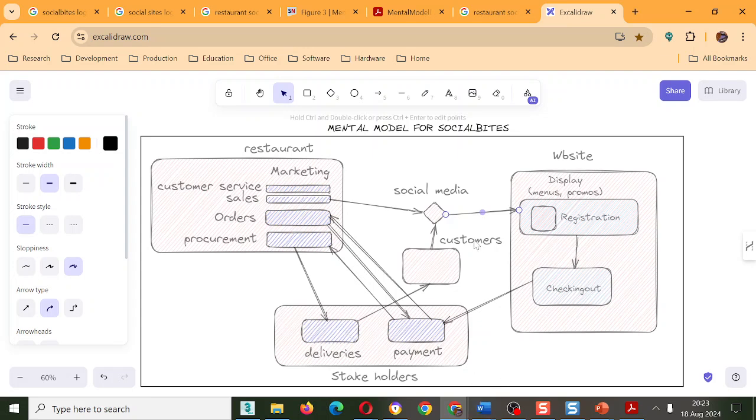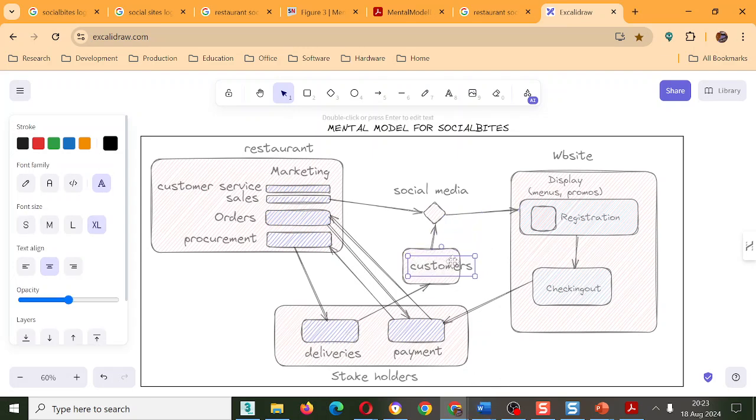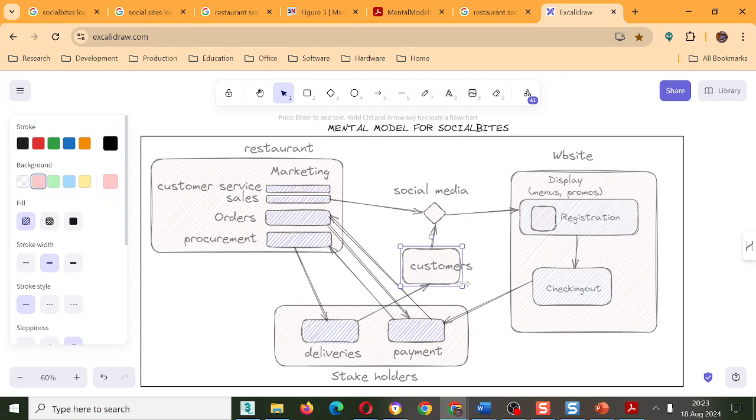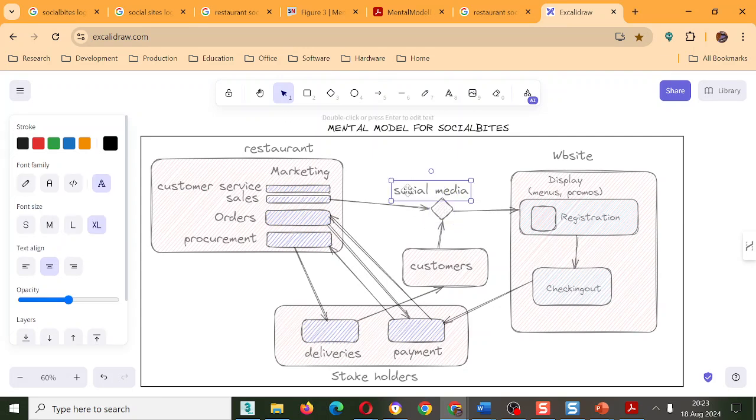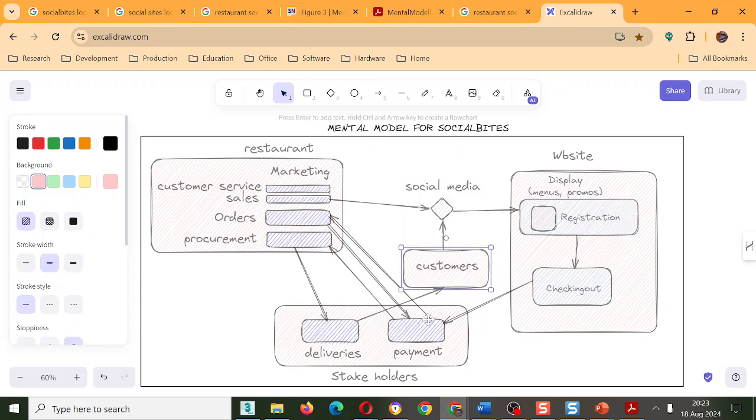Okay. I like the idea that customers are at the center of this because it's diagrammatically saying that we're service or customer centered. And it's always nice to say that. Customers like it when a business is putting them at the center of what they do. And businesses don't mind that. They want the customers to be happy. So yeah, it has a bit of a customer centered focus. So, use Excalidraw if you have to.